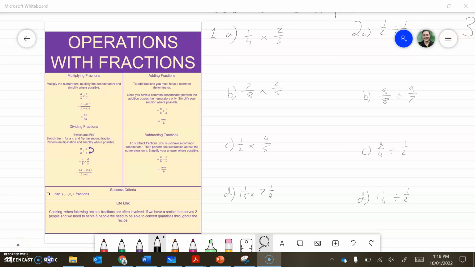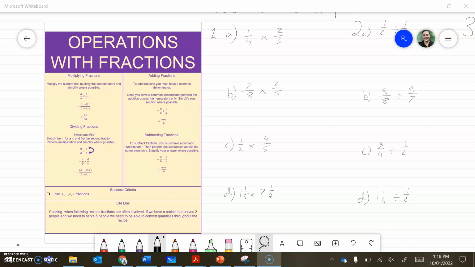Operations with fractions. Building off our knowledge from fractions and creating common denominators and being able to place them on a number line, we're going to work through our operations: multiplying, dividing, adding, and subtracting. To multiply fractions, all we need to do is multiply the numerators, multiply the denominators, and then simplify